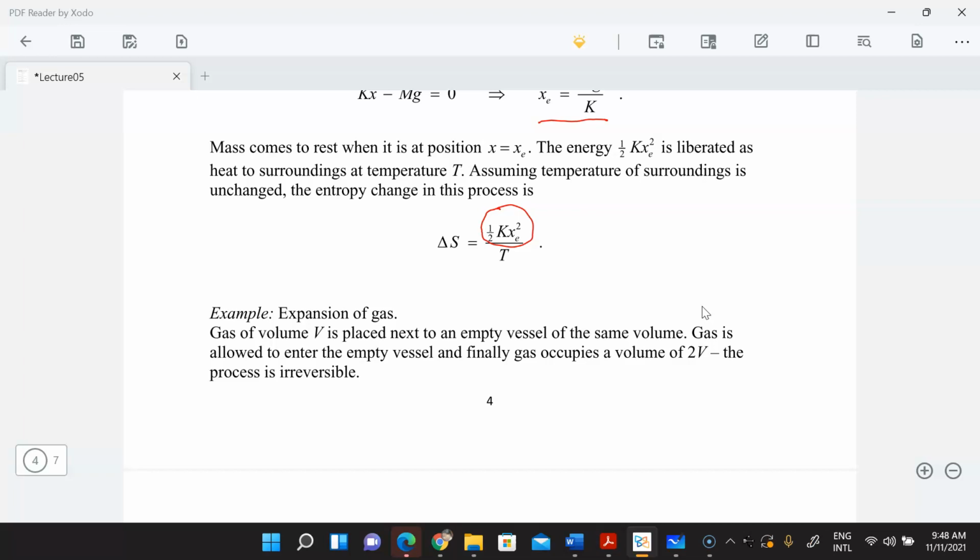Anyway, let's consider the case of a gas with some volume V placed next to an empty vessel of the same volume. Then you allow the gas to enter the empty vessel and occupy it, so that the total volume now becomes